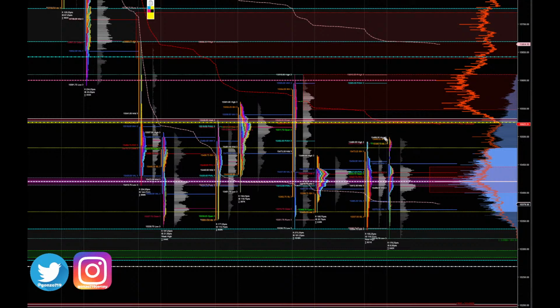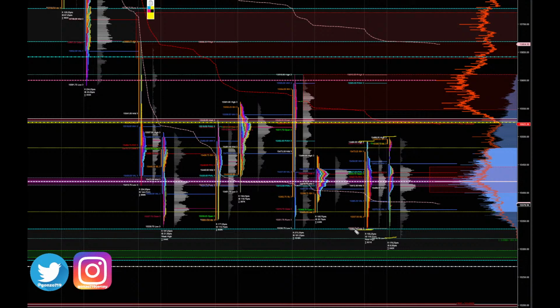So, here's the overnight high, here's the overnight low. Here we have a poor high. It's very important to note that. A poor high in the NASDAQ. Poor high is a market profile terminology. Just means that longs had poor trade location. Okay? And usually this gets corrected. Usually this gets poof corrected.